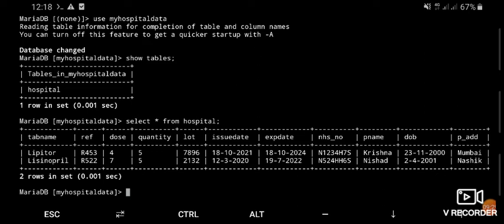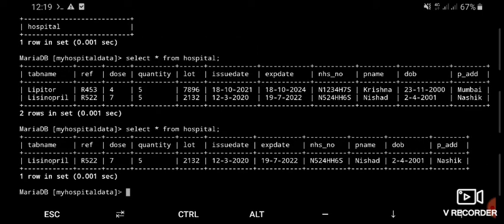So let's again display the tables. See, you can compare the previous table and the current table. The first record has been deleted.